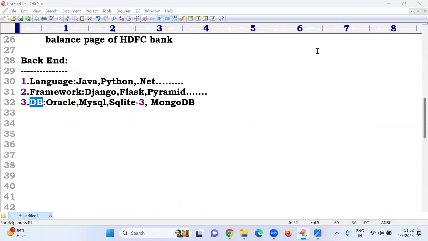Now, can we make an application without UI? Possible. Because in Django, built-in forms are available, and HTML code is generated automatically. I'm not writing a single line of HTML code. Django forms are there. By using that, it is possible. So now come to our story of what Django is.